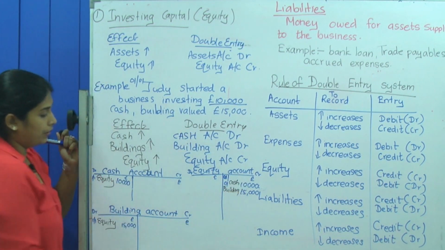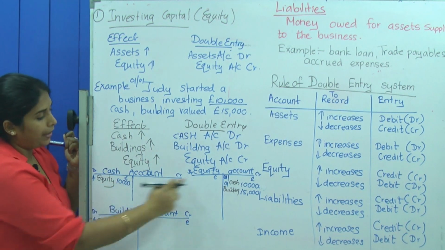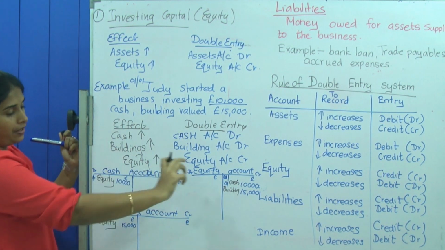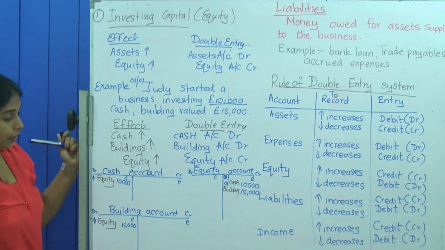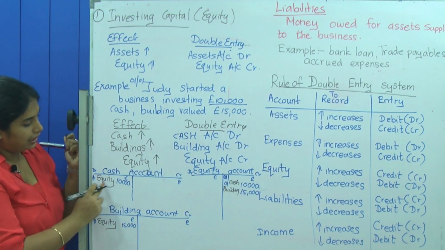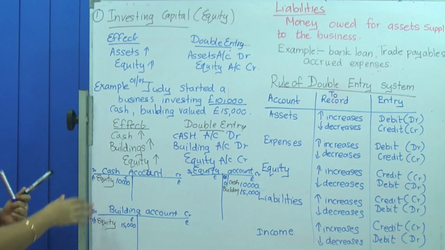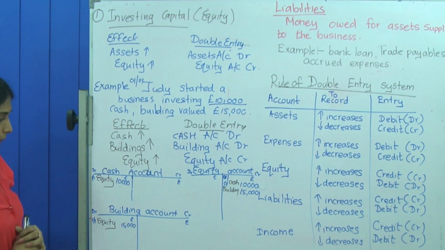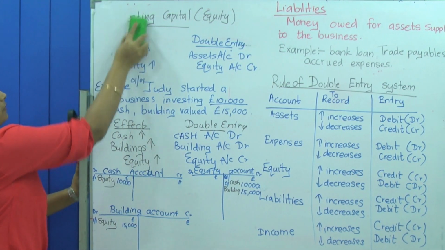And you have to make sure that you write the date, detail and the amount parallel to each other. That means in the same line. You cannot write the detail here and the date there, and you cannot write down the amounts elsewhere. So when you are writing, the date, the detail and the amount should be parallel. Now this is the first one, investing in capital. Now we are going to the second transaction.